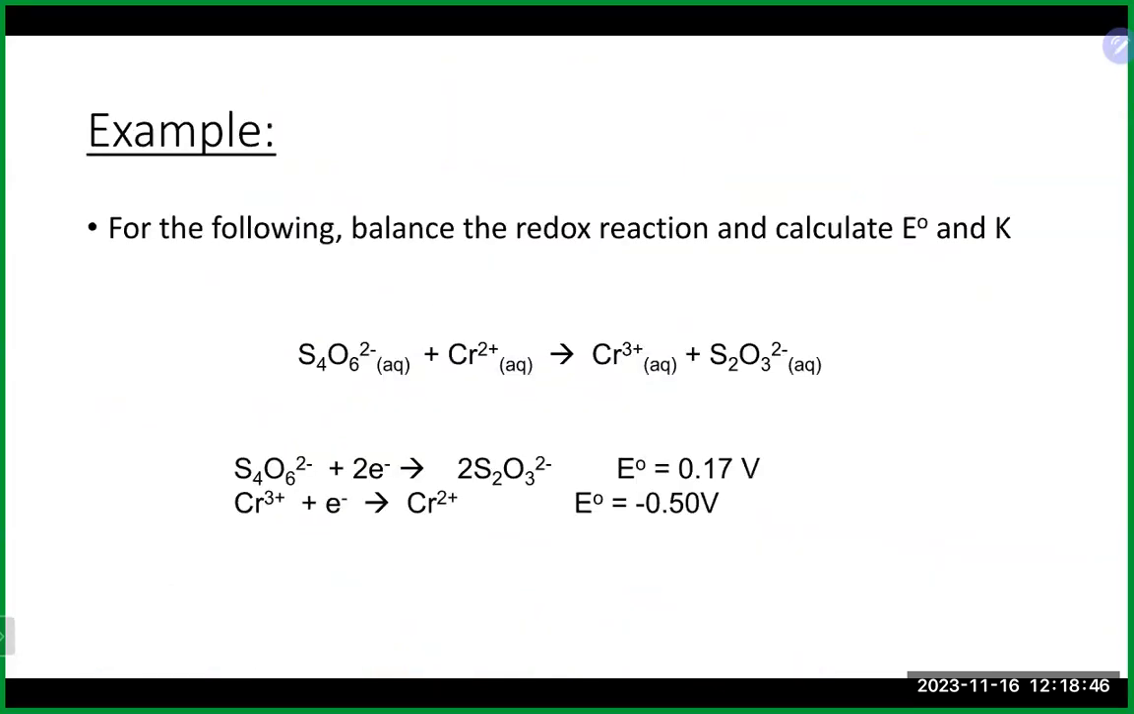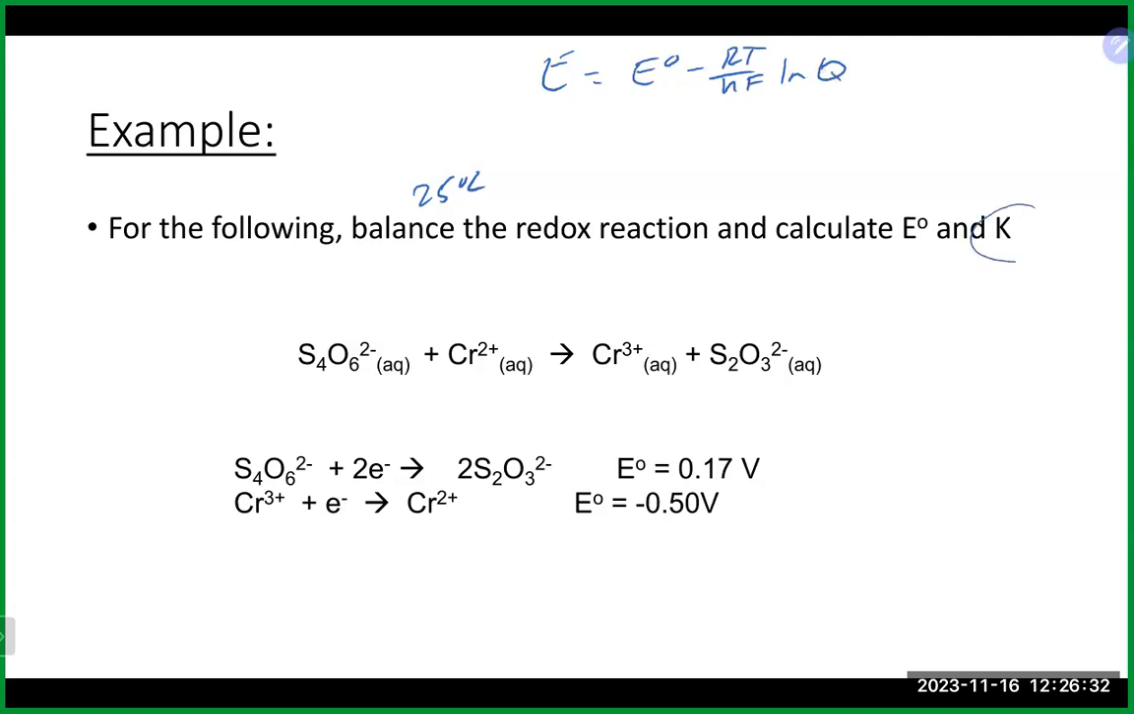All right, let's try one more here. For the following reaction, calculate E and K. Look, we're looking for a few things here. If you rolled with the Nernst equation, which is this that we just saw,